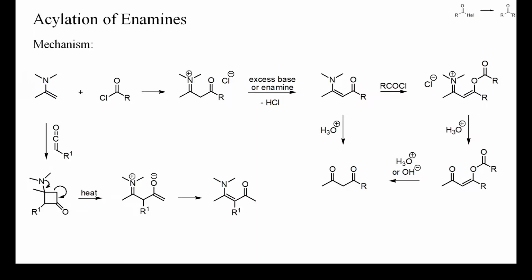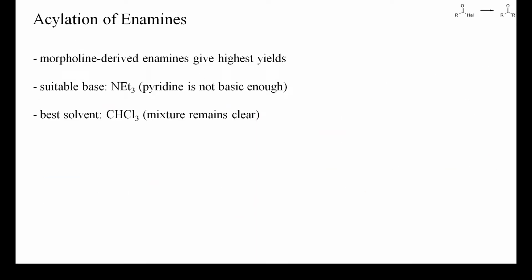Acyl halides with alpha hydrogen will be converted to ketenes by bases such as triethylamine or most enamines. In such instances, cyclobutanones may be formed as intermediates, which however are not very stable and can undergo ring fission to the expected enaminone. Enamine chemistry was investigated thoroughly in the 50s and 60s, and it seems that morpholine-derived enamines usually give best results. Morpholine is less basic and more resistant to oxidation than other secondary amines, which could be the reason for the advantages of morpholine-derived enamines.